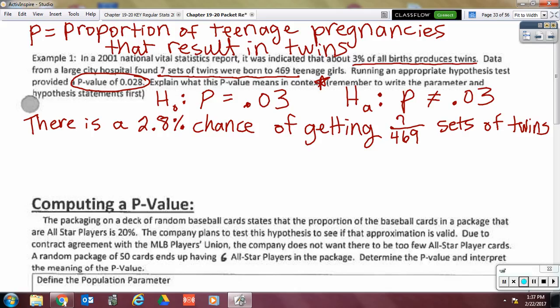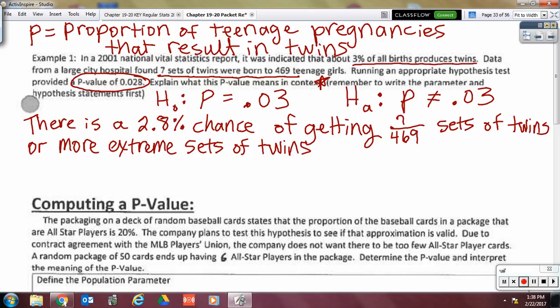And you can actually write that straight out like that. Or more extreme sets of twins, more or less, and that's kind of weird. More extreme sets of twins, and in this case,